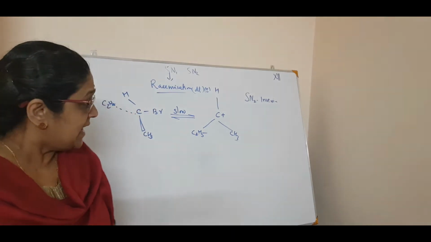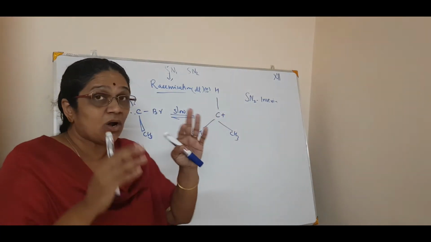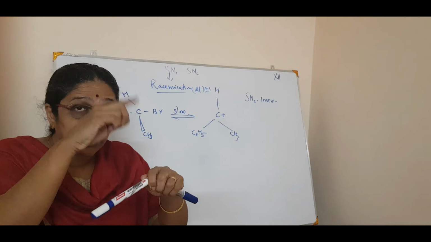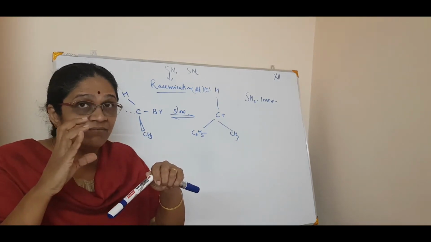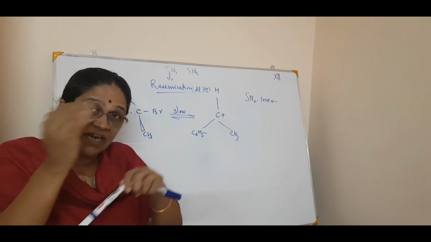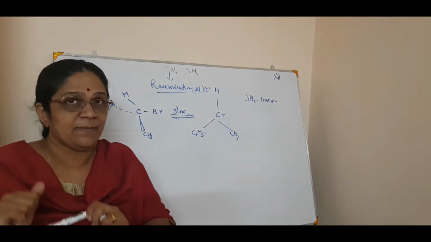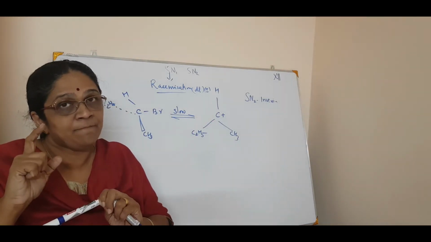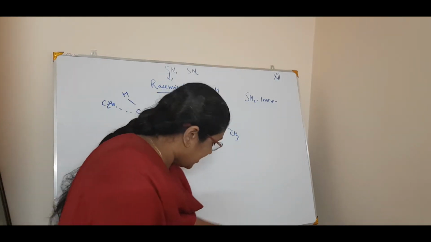You see, this is planar. Just visualize it. This is planar. This is not sp3 hybridization. If it is sp3 hybridization, the rotation will be difficult to imagine, as we have seen in the Fischer projection method, isn't it? You have to rotate through 180 degrees, and only then can you superimpose it with the mirror image. I think you are remembering that. But here it's only planar, two dimensional, isn't it? So what happens? I will tell you.